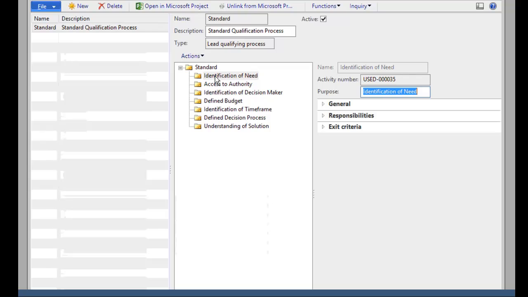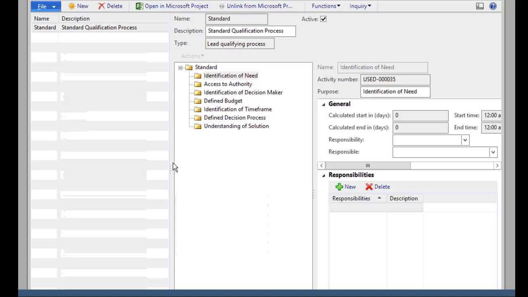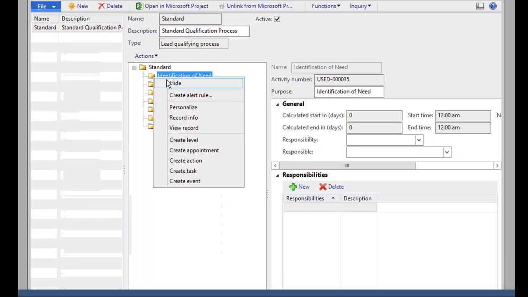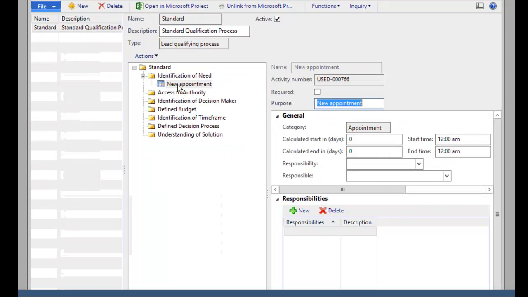So in this case, I've got my 7 stages that I have to go through to convert a lead into an opportunity, or convert them over into a customer. And I can have a lot of granularity here against my qualification process. And also, as I mentioned before, say for example you've got to identify the need for the lead, then I can tell the system I want to create an appointment every time I have a lead coming in,